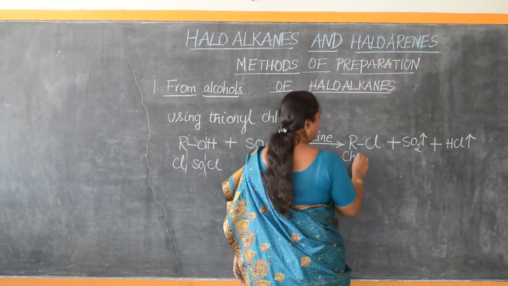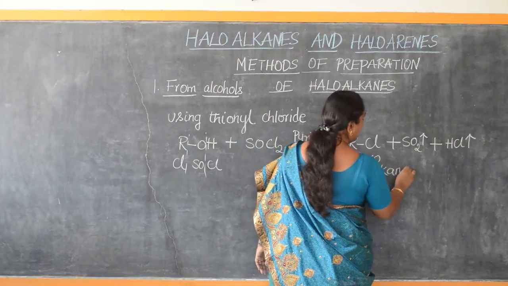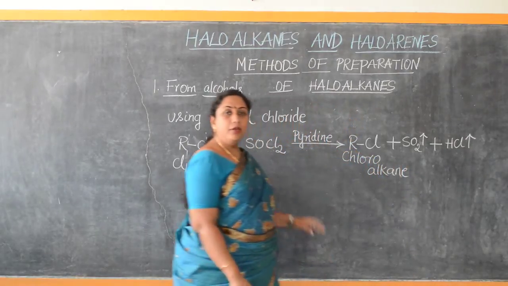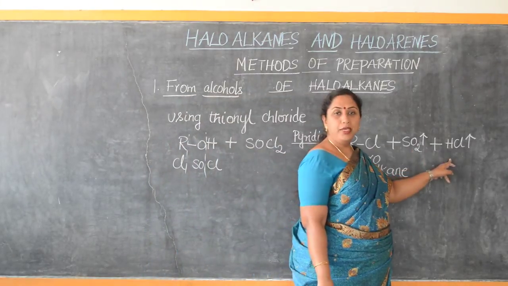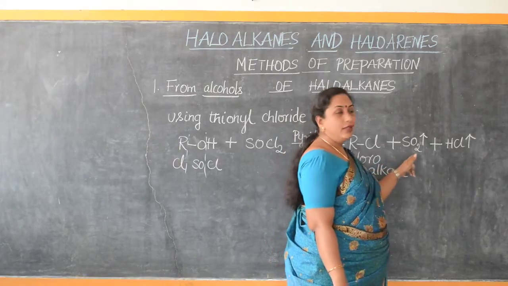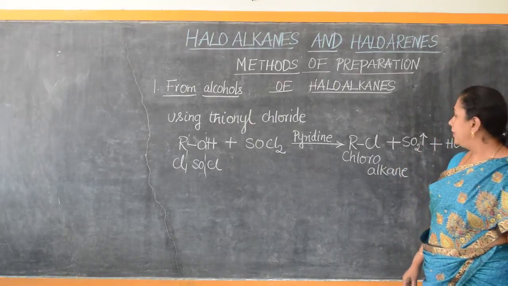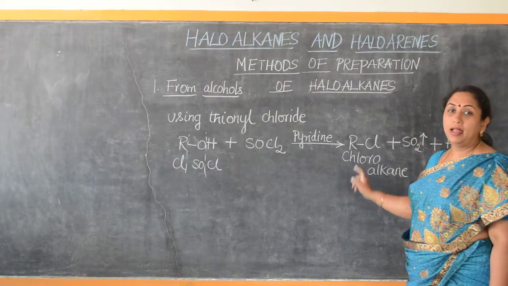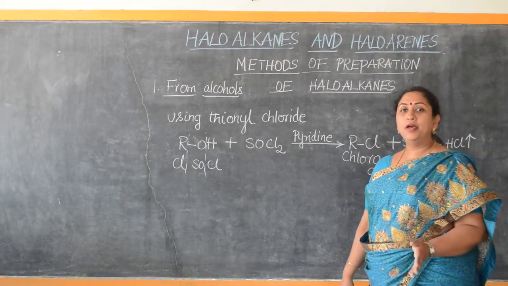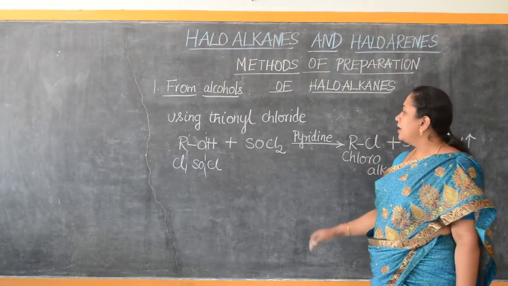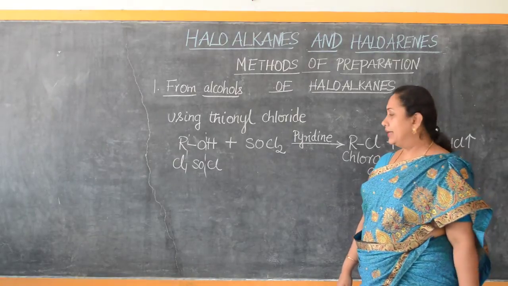So we obtain chloroalkanes by treating with thionyl chloride. Now an important point to be remembered and noted is that the HCl formed is being absorbed by pyridine and the other component, sulfur dioxide, is gaseous in nature. They all escape, leaving behind chloroalkanes. So by this particular method, we will be able to obtain directly pure chloroalkanes. Therefore, this is the most preferred method for obtaining chloroalkanes.